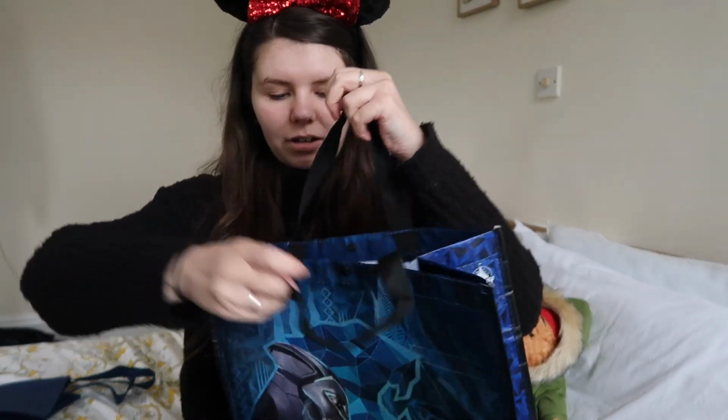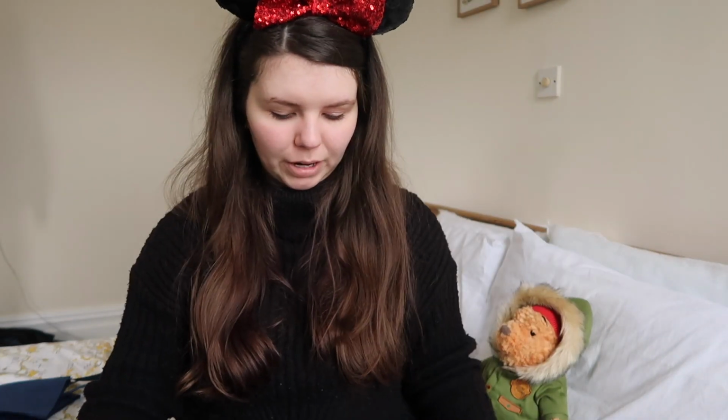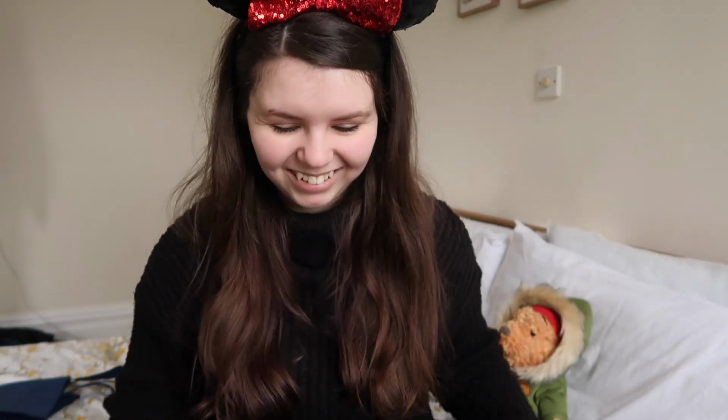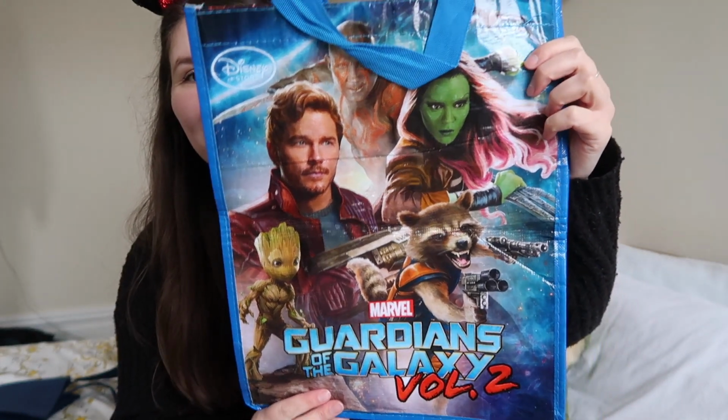But the shape and size of this one is just so good and handy for just everything. I fold it up and put it in my backpack, and then it fits everything. Again, a pizza box. Then the last of the Marvel bags is this one, Guardians of the Galaxy 2, which